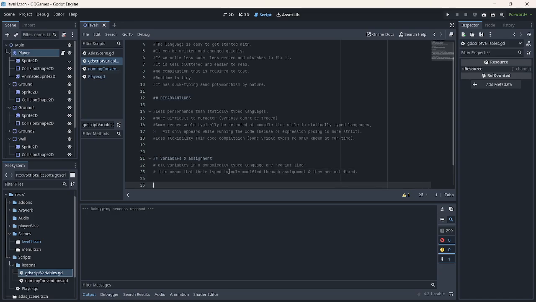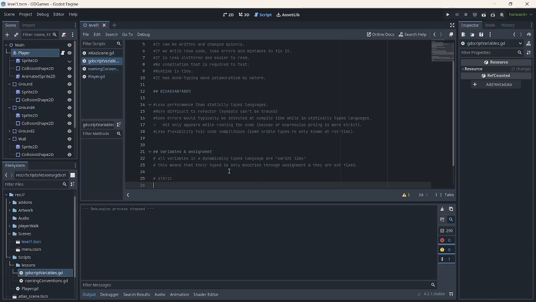So when we say static languages, let's look at some examples here. Let's say we have an int a. We can see here that we are not assigning any value to it.